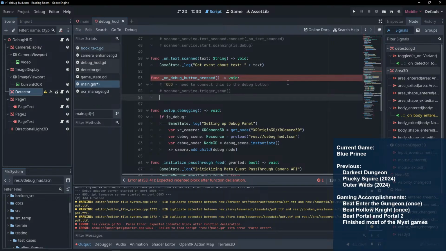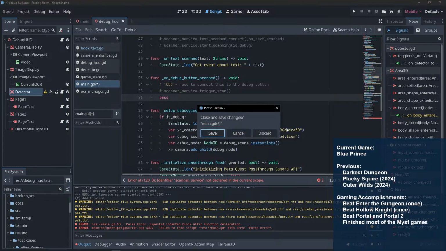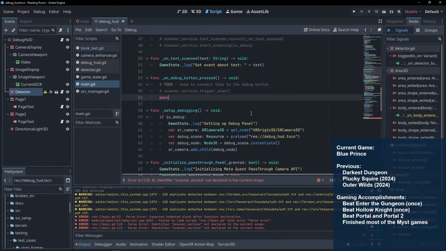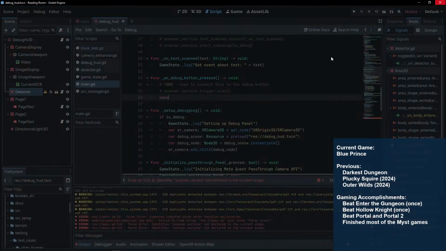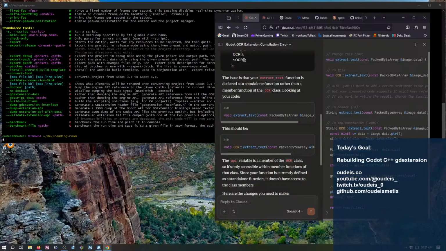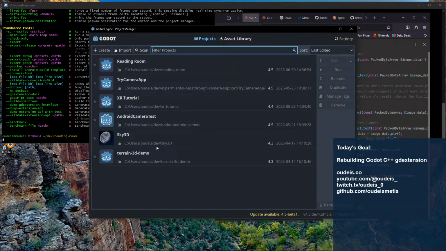Oh, because I commented that out. All right, just one more time. Again, I want to just see a clean load. That way I know that everything's good.